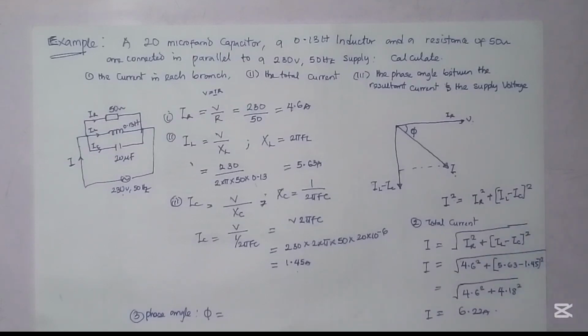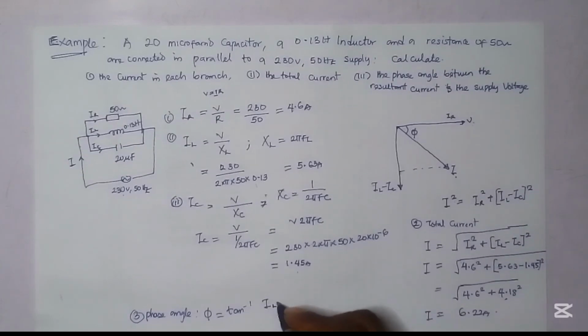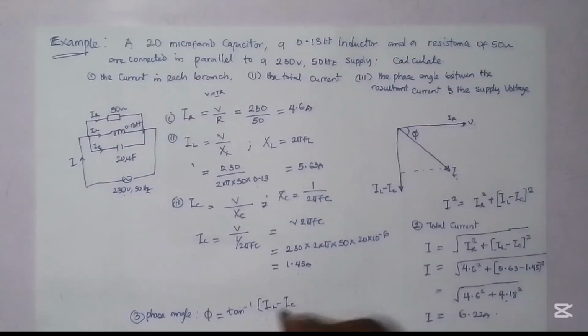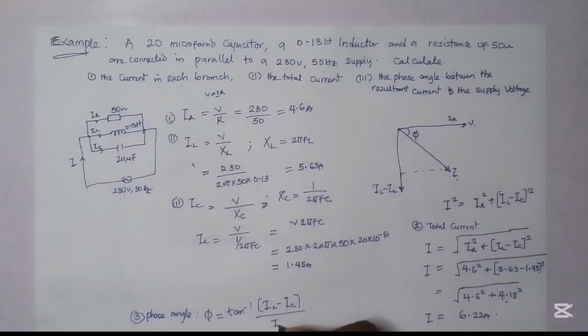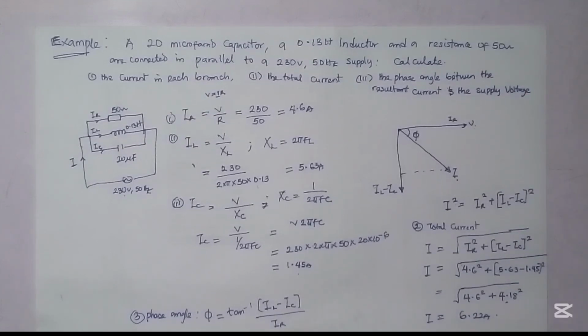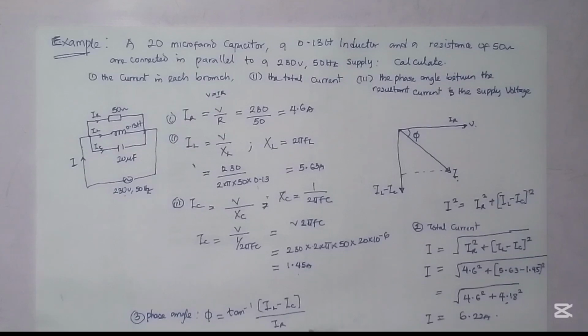So what do we do? This angle. What is IL minus IC? 4.18. And what is our IR? This we can see is the same thing as the tan inverse of this minus this all over IR, which is the tan inverse of 4.18 all over